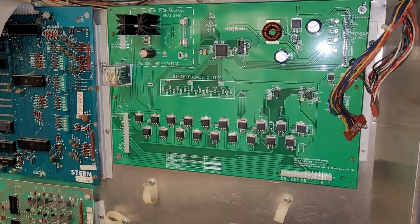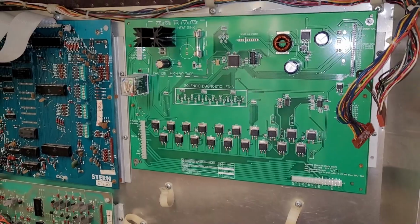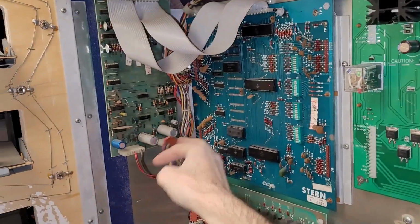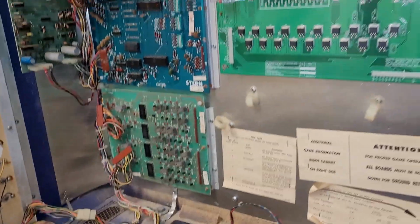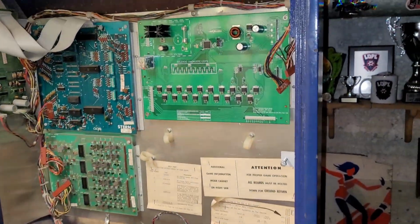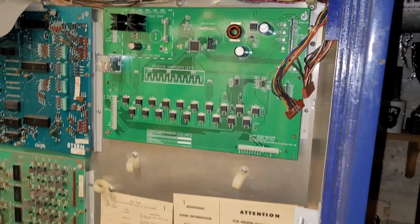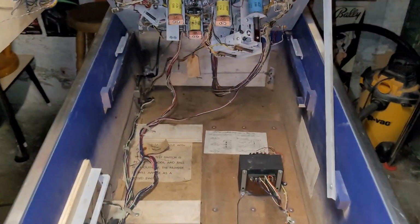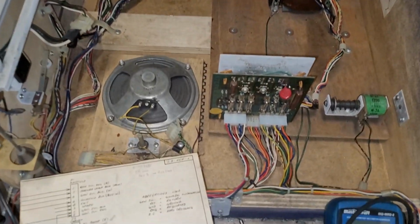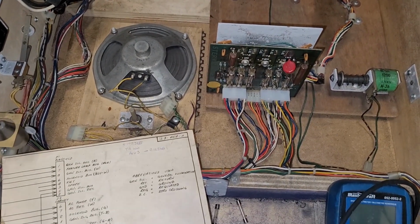So this is where I'm going to finish tonight. I did also try and disconnect the CPU and the soundboard and the lamp driver, but I'm kind of stuck right now in this spot. So hopefully I can sleep on it and come back to it after the weekend, because I got to go